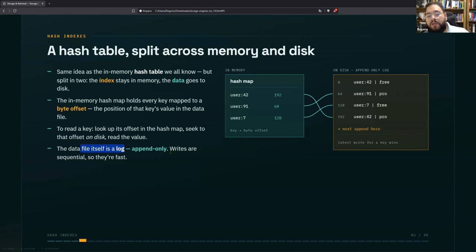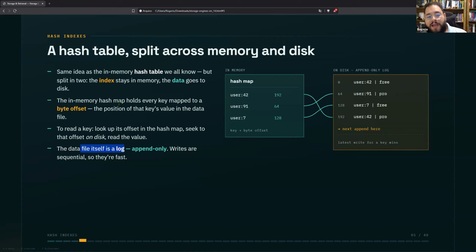And it's append only, so writes are sequential, so they're fast. Every time you receive some data, you append at the end of the file. This is a log. Forget about system logs and Google Cloud logging, all that stuff. For us, a log is just a file that stores values.